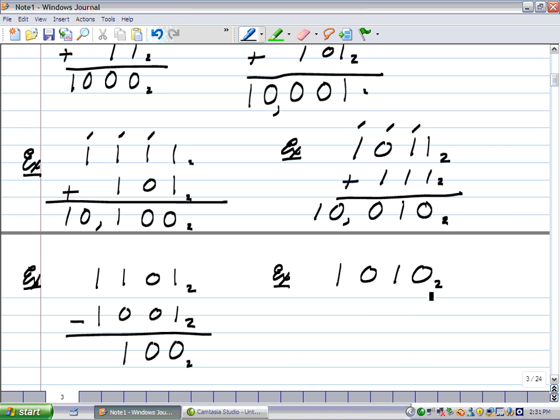Let's try one that's going to have a little borrowing in it. 1, 0, 1, 0 minus 1, 0, 0. Okay, we're well off at the beginning. 0 minus 0 is 0. 1 minus 0 is 1. But here we have 0 minus 1, which we cannot do. So we've got to come over here and we've got to borrow. We'll borrow off of this